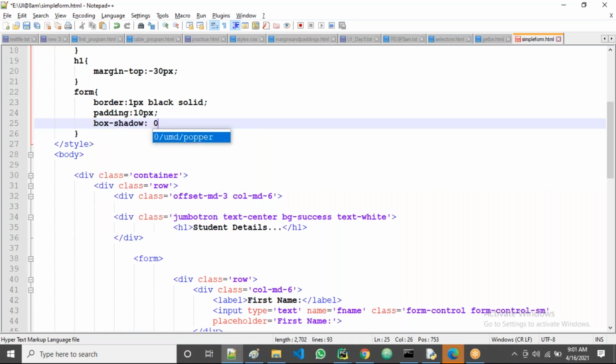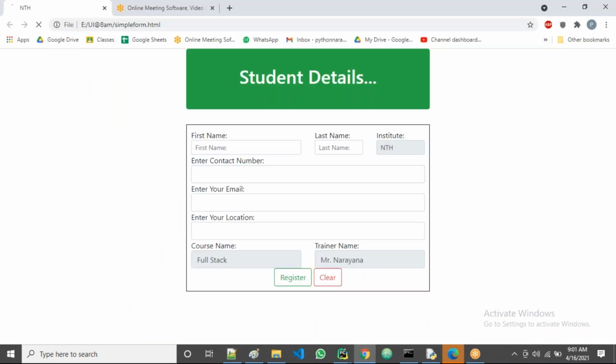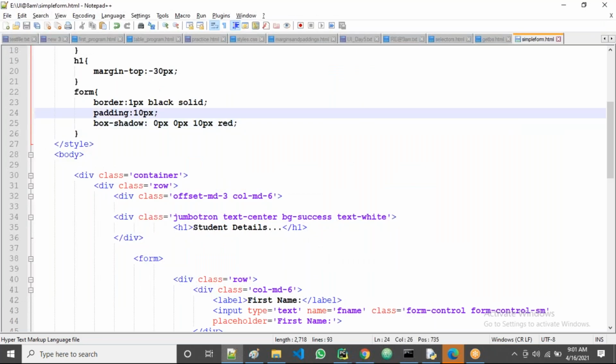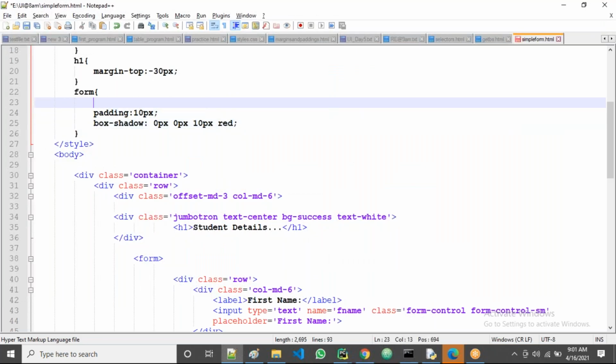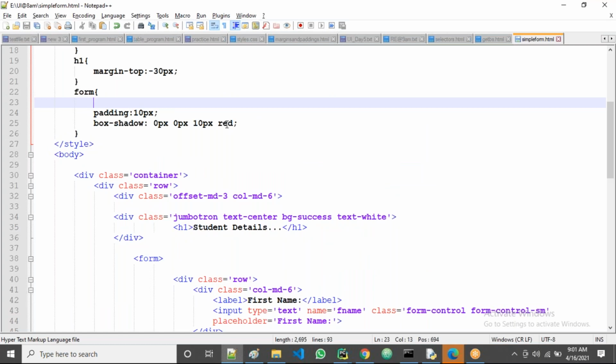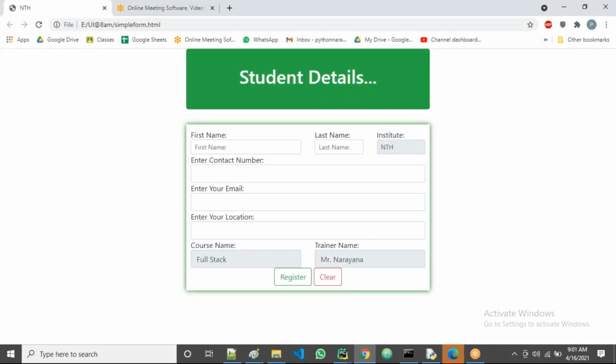Now on the same one, we can apply something like box shadow, for example, guys. I'll take now 0 pixels, again 0 pixels, right? Some kind of red color. I'll take here 10 pixels and red color, guys, right? Yes. Now you can remove the border if you want, guys. Now I can remove the border. For example, now let us see here. Or else it's better to go with not red. I'll go with green, guys. Okay. For example, let's see the green here.